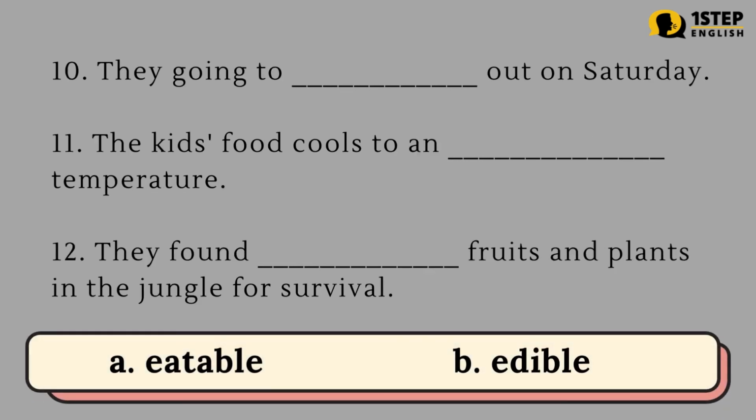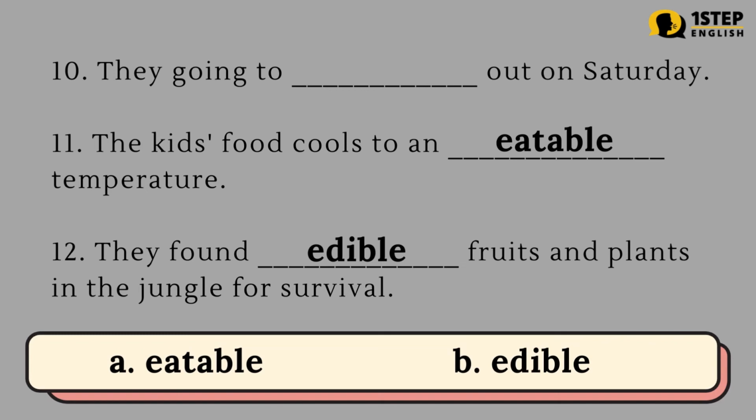Number 10. They are going to blank out on Saturday. Number 11. The kids' food cools to an blank temperature. Number 12. They found blank fruits and plants in the jungle for survival. Letter A. Eatable. Letter B. Edible. The correct answers are: